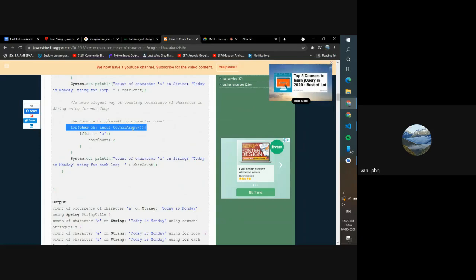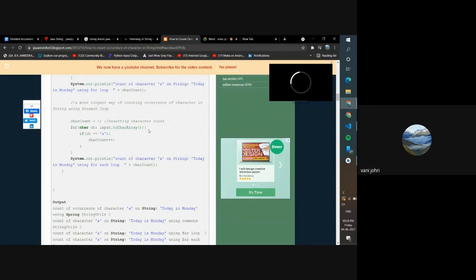Now, we've not gone through arrays right now, but do you guys know what an array is in maths? Arrays, matrices, and stuff. Does everybody have an idea about that? Give me a quick yes or no. Do you know matrices or arrays in maths?